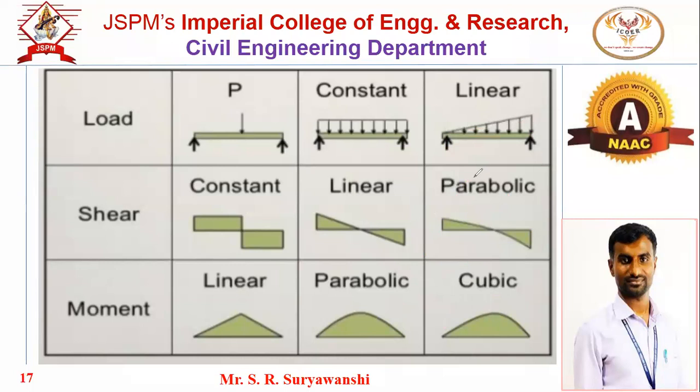But what did they do? They just shifted this support. Support B was somewhere here. This is support B, this is support A, and they asked to find out RA and RB. So they made a small portion of the beam overhanging, and this was the MCQ asked in the MPSC examination for 2 marks.